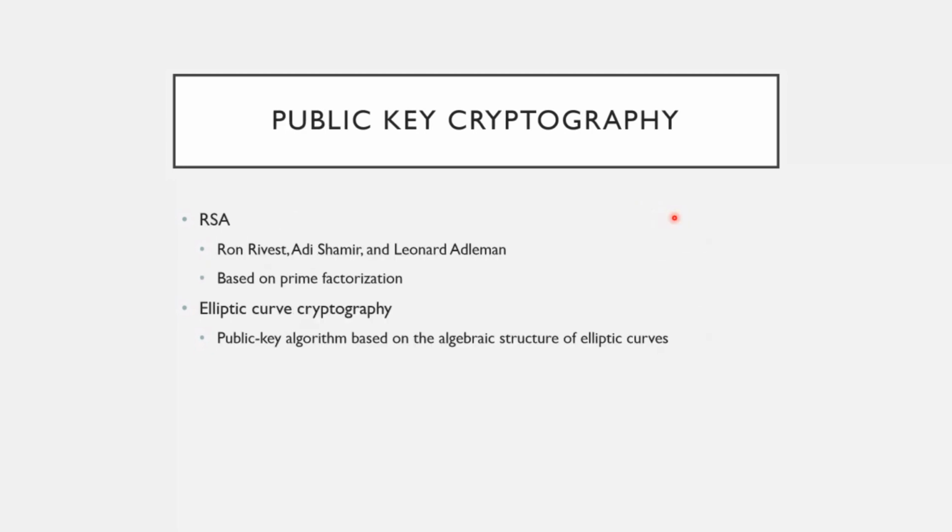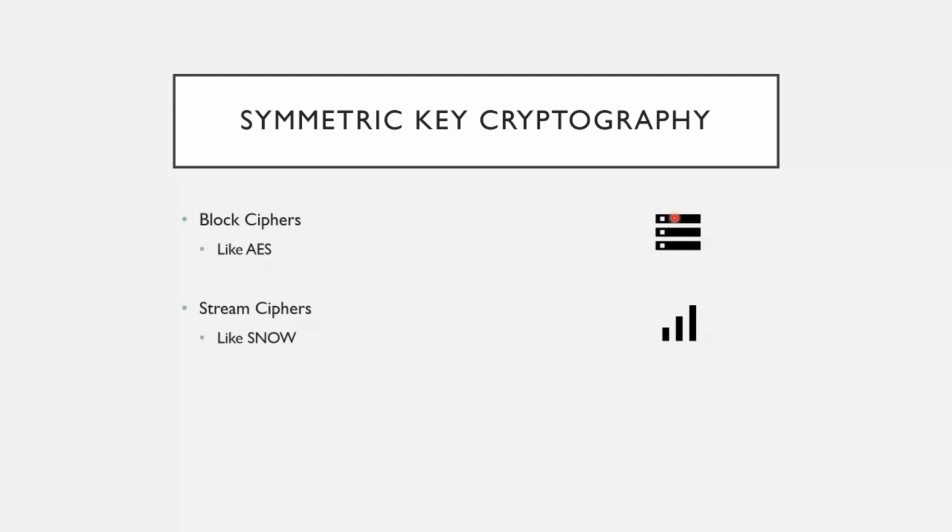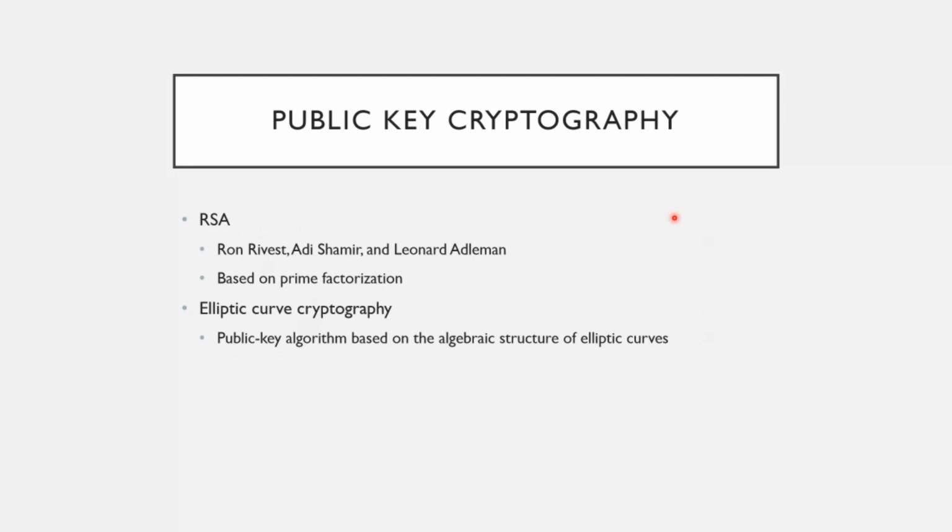Public key cryptography. But the issue is that it's very slow to encrypt and decrypt things with public key cryptography, especially if you increase the key size. Like, for example, right now, a lot of organizations are trying to increase the key size to 4,096 bits, instead of the standard 2048 bits,